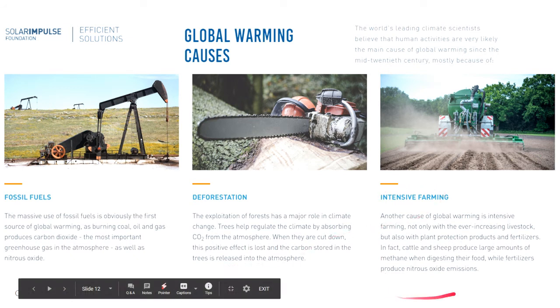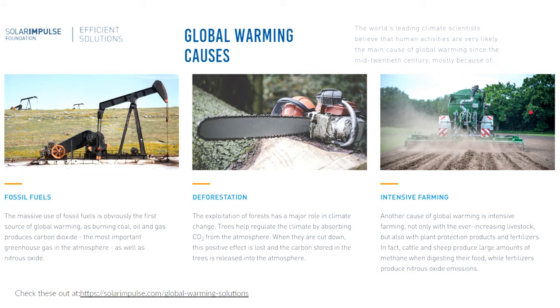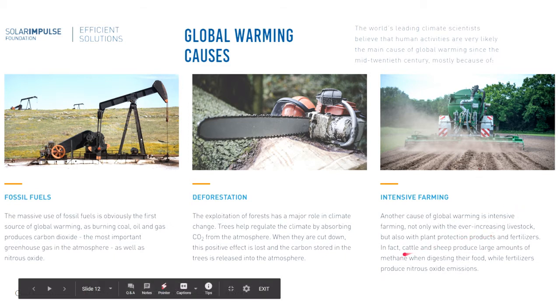Next will be intensive farming, another cause, because the first thing they do is to convert forests into farmlands. So they cut down trees, they replace large photosynthetic organisms and just plant smaller crops. They simplify the ecosystem by reducing the biodiversity and just planting one type of species or one type of plant. Okay, so cattle and sheep produce large amounts of methane when they digest their food, while fertilizers